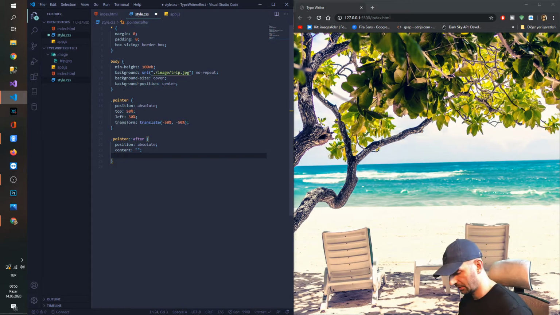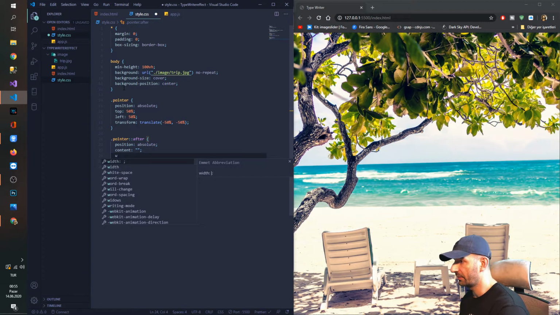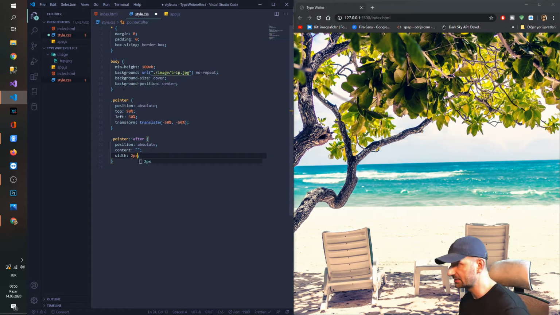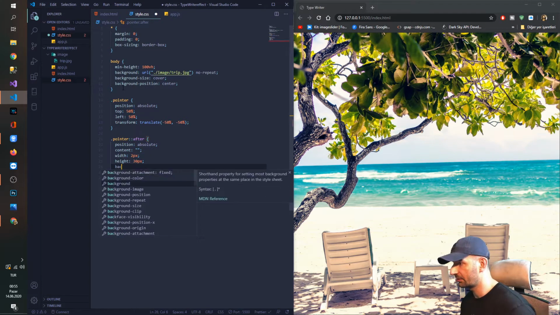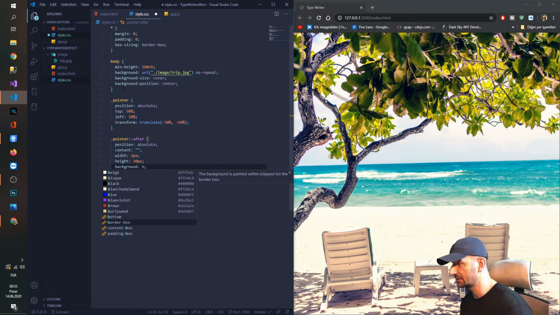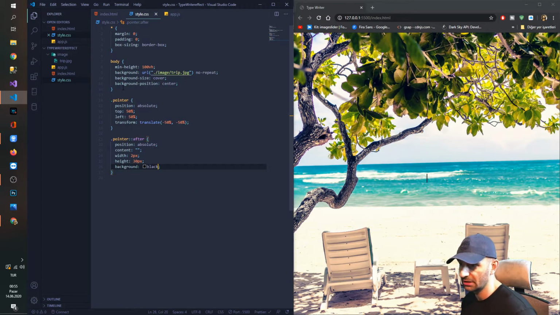Okay. The width will be 2 pixels. The height of this will be 30 pixels. Okay. And background color will be black. And here it is, as you can see. It's our